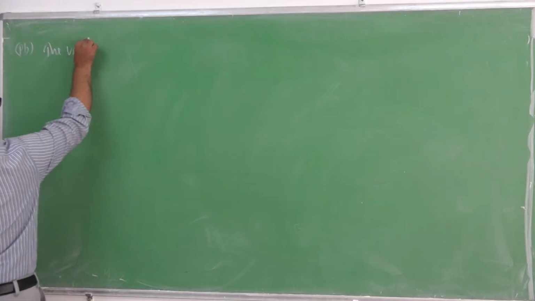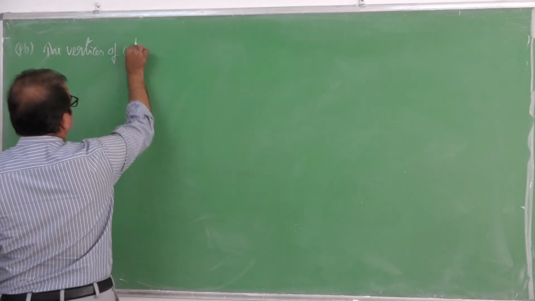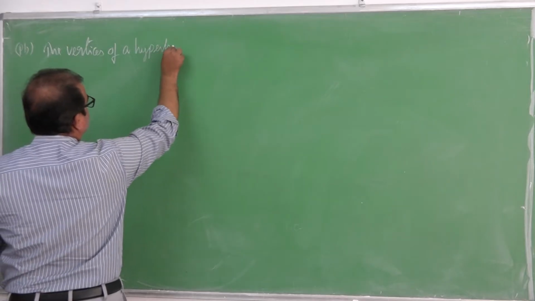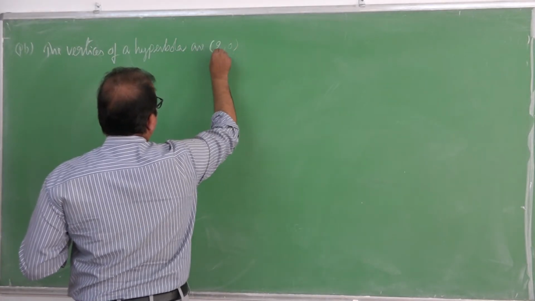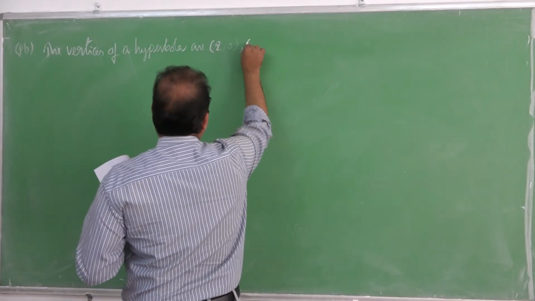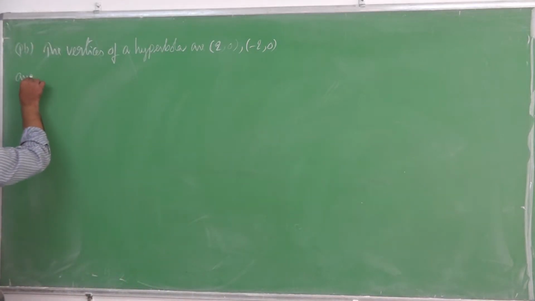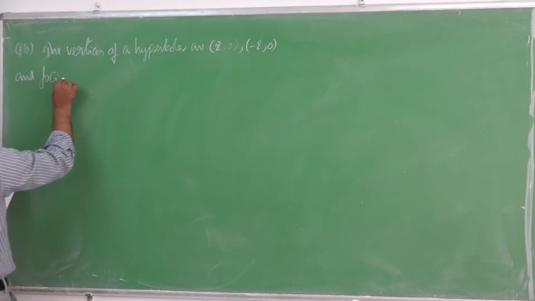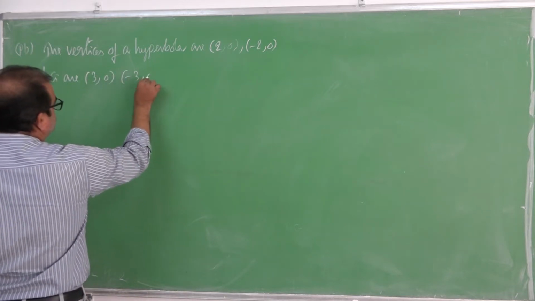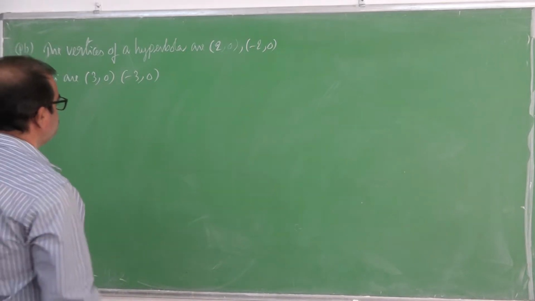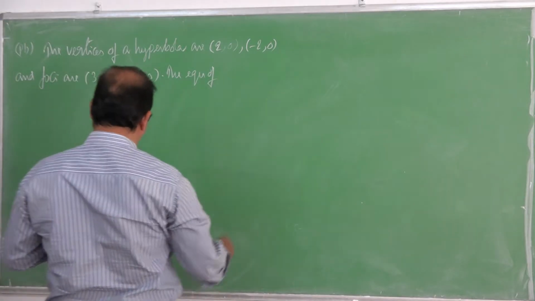The vertices of a hyperbola are (2, 0), (-2, 0), and foci are (3, 0), (-3, 0). Then the equation of hyperbola is